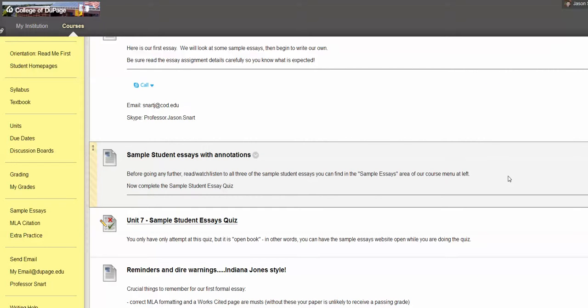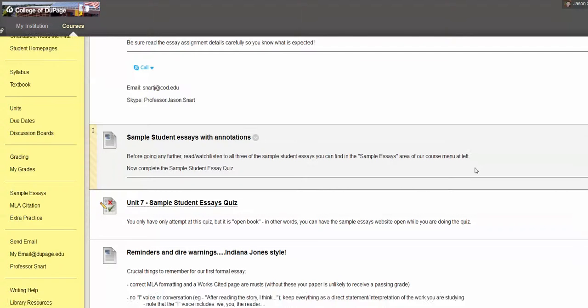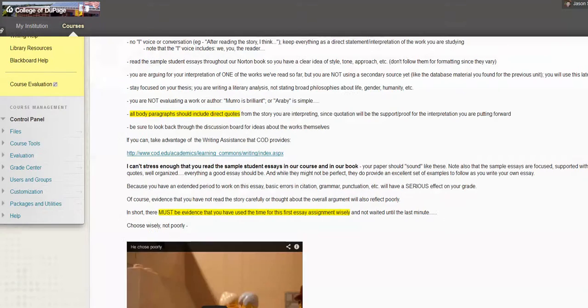It's not just text that you're reading, but there's audio and there's little annotations about what's going right and maybe not going so right in some of those. So in addition to obviously everything in our unit here